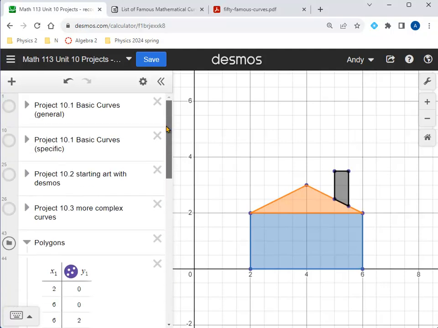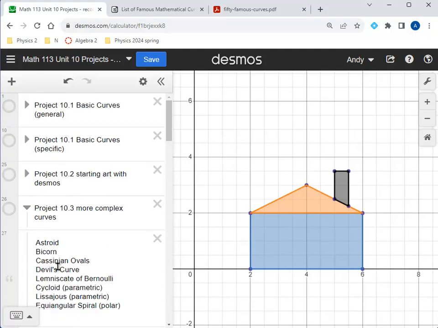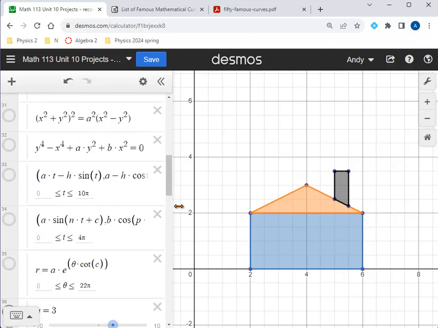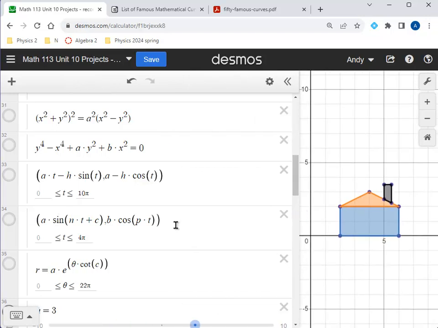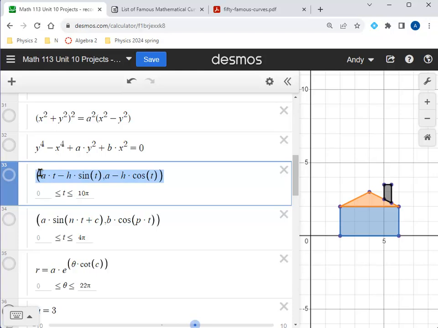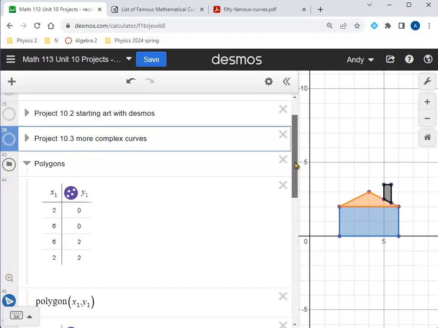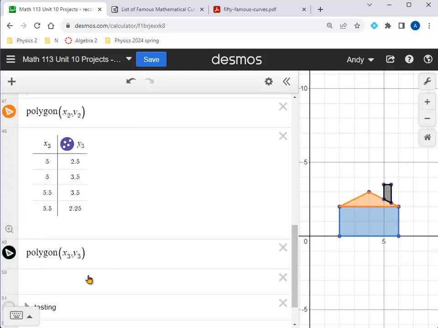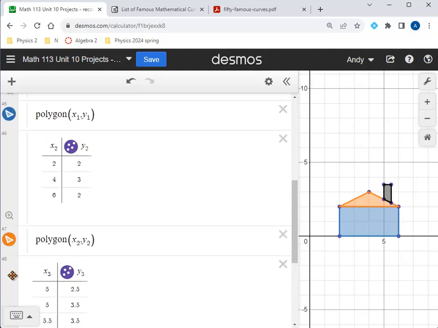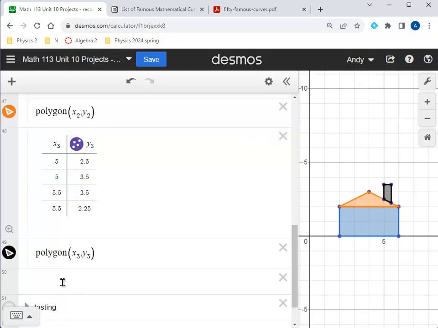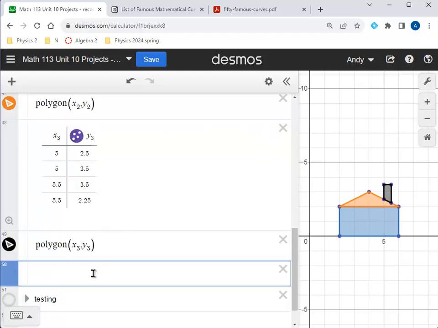So I'm going to go back up to this one here. The cycloid is one of the last ones. It's the parametric one. I think this one here is the Lissajous, and this one here is the cycloid. So I'm going to take this one here, Control C. Close this folder, go back in here where the polygons are, and actually, one moment here, I'm going to have to push this one into the folder for the polygons. There we go. I'm finally getting it. And I finally can put the Control V there, so I pasted that,